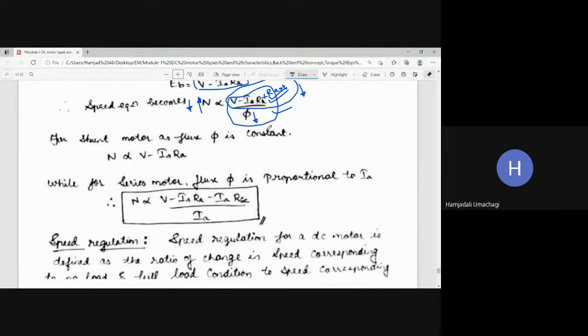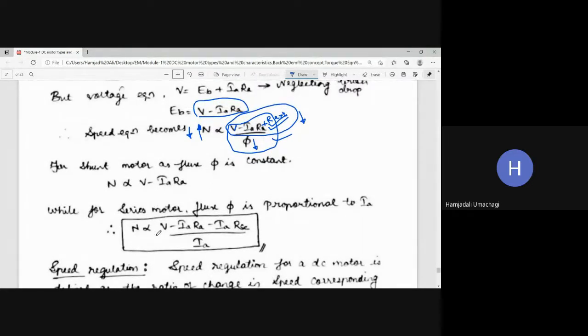And if you take the series motor, the equation for EB will change here. The equation for EB will be V minus IARA minus IA into RSC. Can you tell me why? Because in the series motor you will be having a series winding, right? If this is the plus minus voltage, here you will be having IL, here you will be having IL, and here you will be having which current? ISC.